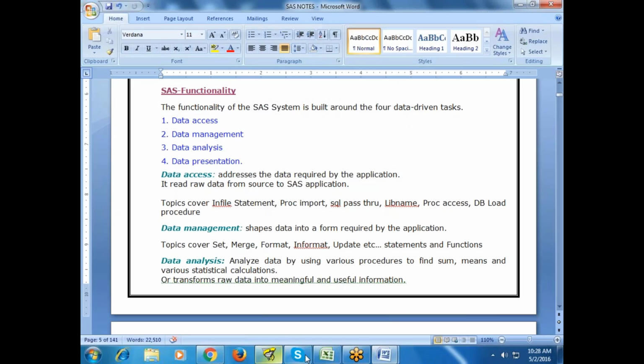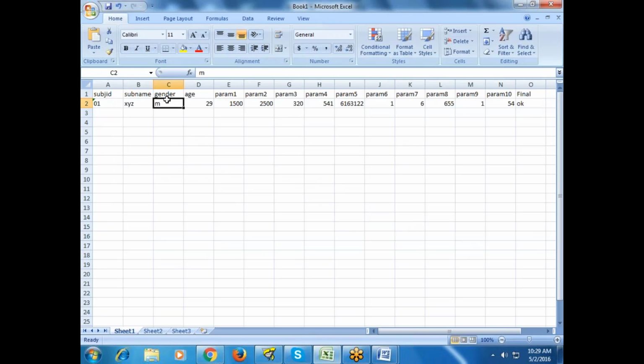Fine. So suppose I have data here. This is male, this is female. Male, male, male, female, male, female, male, female. Now if you are doing this manually, it will be very difficult for you because the parameters for male will change with respect to females.